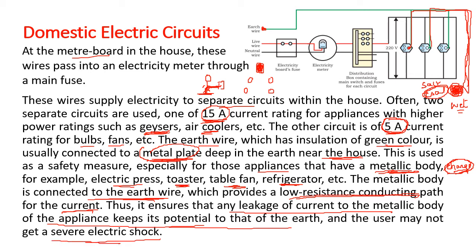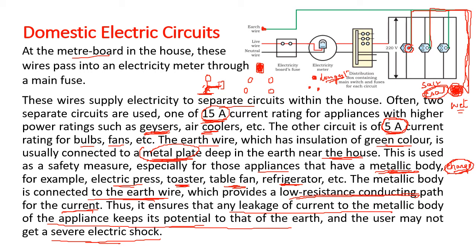Okay. So what happens is whenever you connect any socket into the plug, first the earthing should be done. And you will notice that in the 3 pin, the longest pin is of the earthing wire. Means it will make the connection first. You can observe any plug of your TV, washing machine, and you will see the top plug, that is the earthing plug, is always the longest and the biggest.